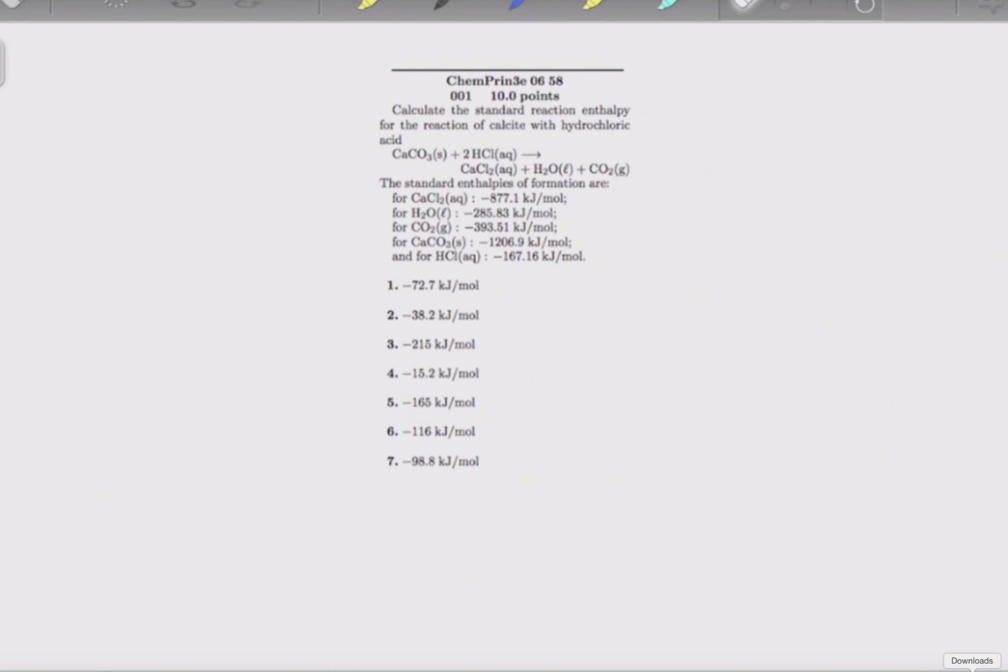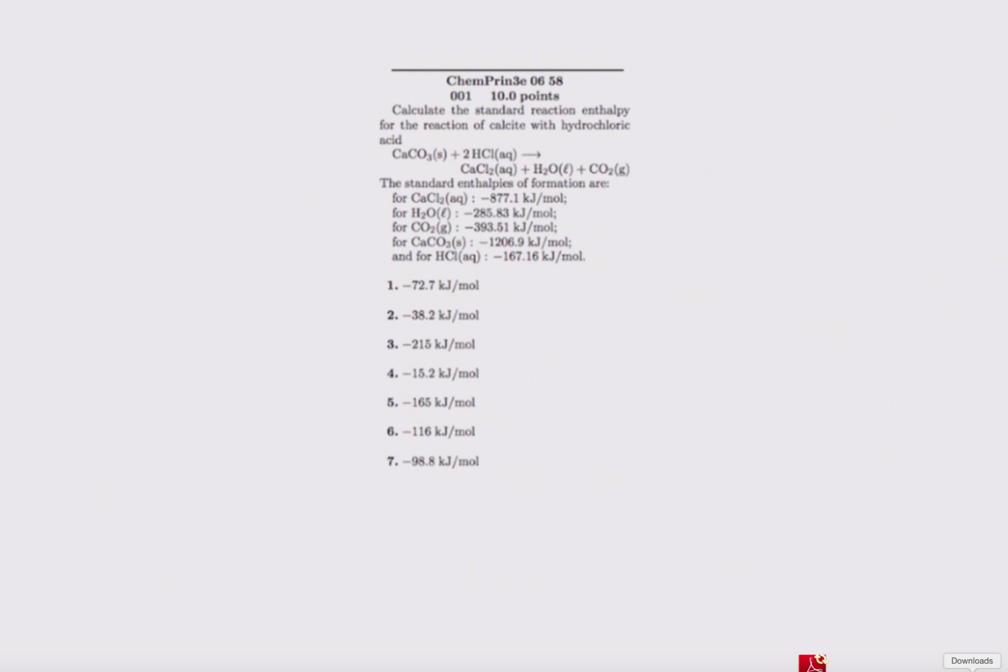Okay, here we go. This is Final Exam Review, Part 1. So in this question, we're given a reaction and we're given the heats of formation of the different reactants and products. And the key thing to remember here is that the heat of the reaction, the change in enthalpy, delta H,